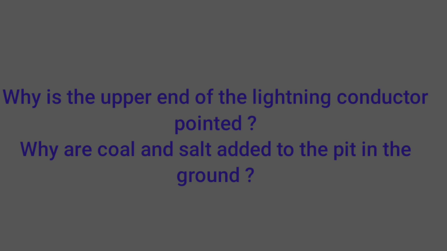Now use your brain power. Why is the upper end of a lightning conductor pointed? When an electric charge is developed, the upper pointed tip bears a higher proportion of lightning charge per area. Therefore, around such a region, a very high electric field is created. The opposite electric charge developed on the pointed upper end of the lightning conductor then pulls down the lightning charge with greater force of attraction. Thus, to increase the efficiency of the lightning conductor, the upper end is made pointed.